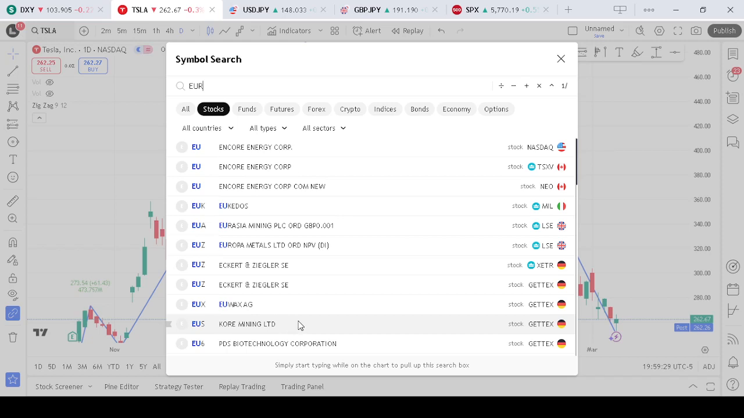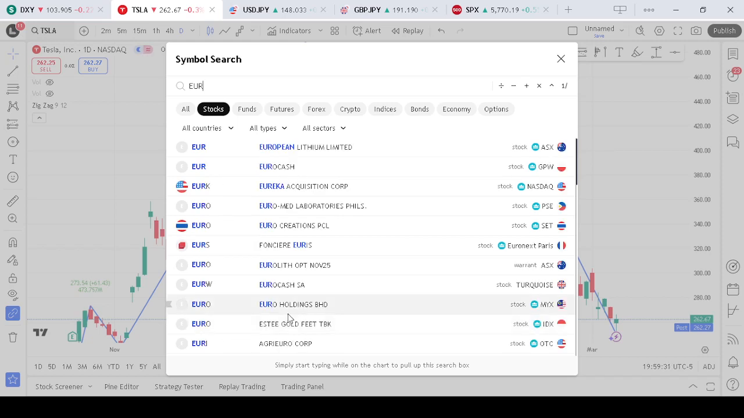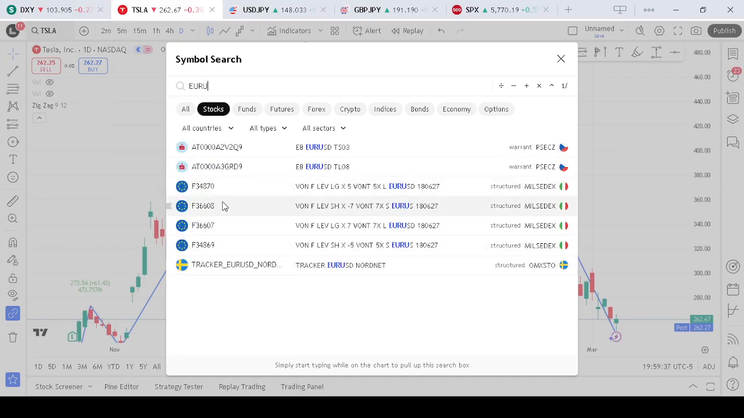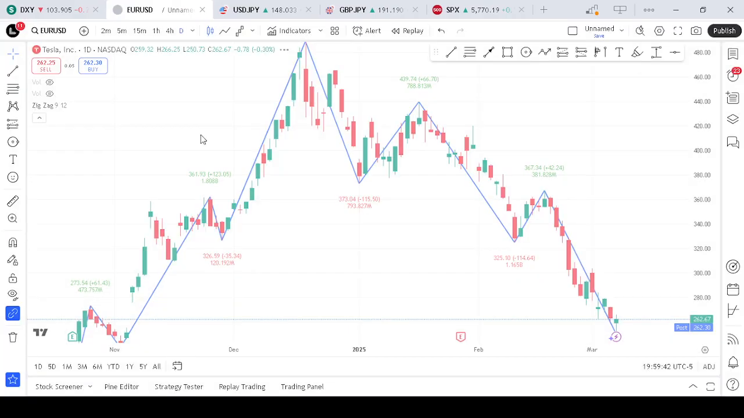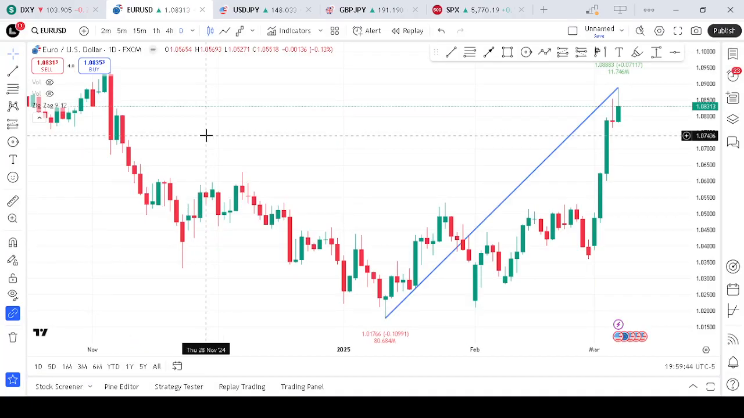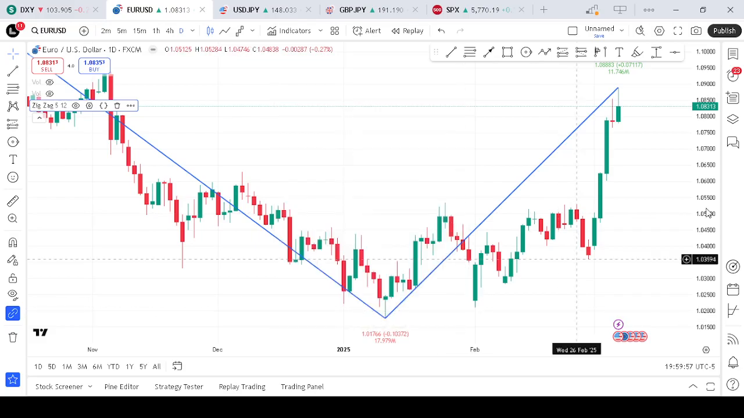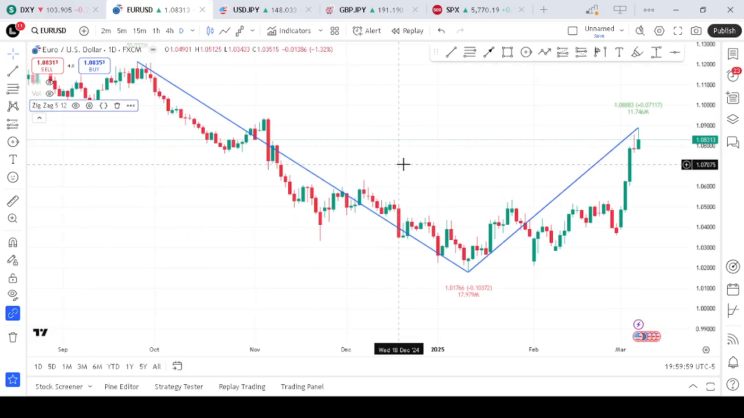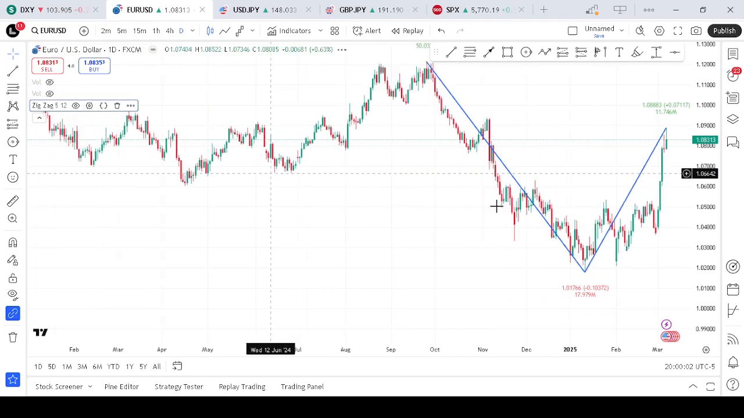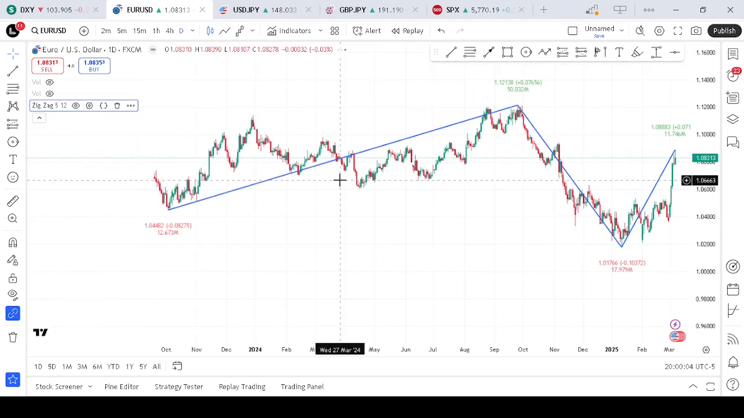Our Euro USD. You will notice from the examples we spoke about how lower deviation settings in the forex market create a cleaner trend. As you can see, I changed our deviation setting back to 5, and we can see in this forex market